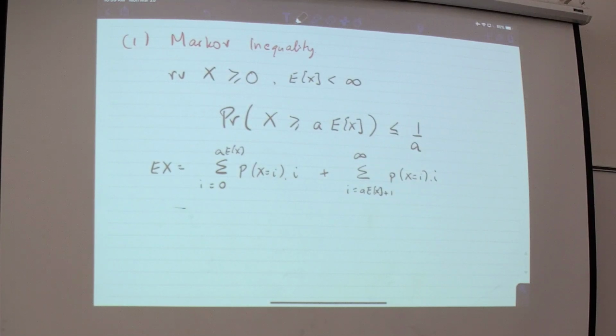Okay, so notice that all these terms are positive because the random variable is only ranging from 0 to infinity. So let's see now. Let me see if I can do this on the fly. So what I want to say is,